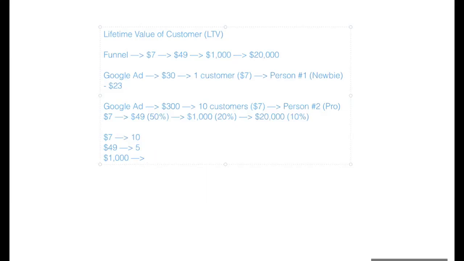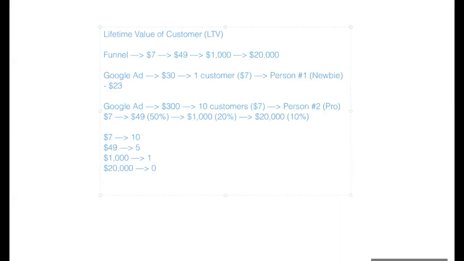So that means 1 out of every 5, or 20%, are going to convert there. So that's 1. And then at the $20,000 level, 0, because we don't have enough, right? At 10%, we would have to get 10 purchasing at the $1,000 level in order to get somebody to buy a mastermind or a big event or something for $20,000, a huge experience package.